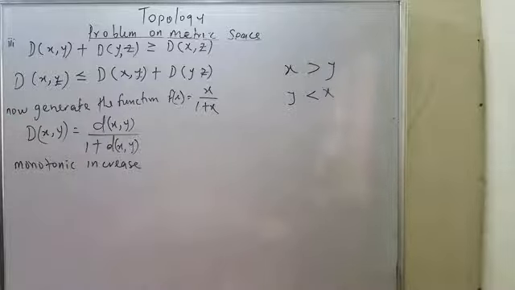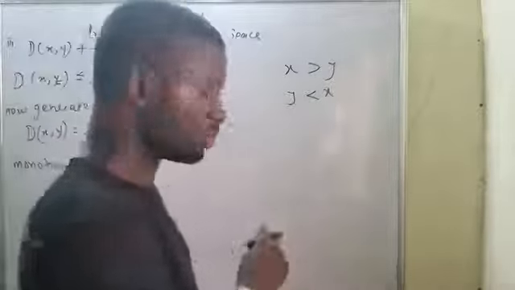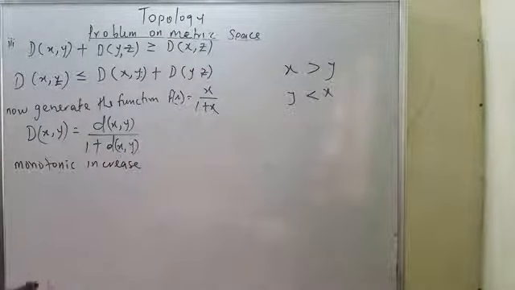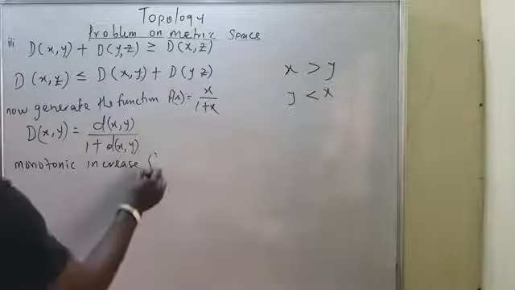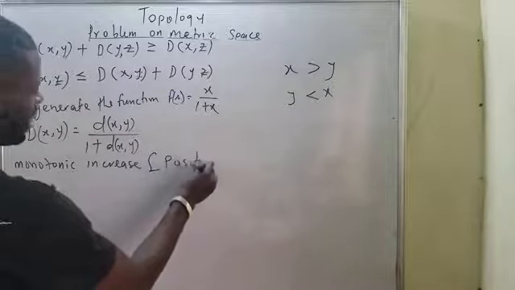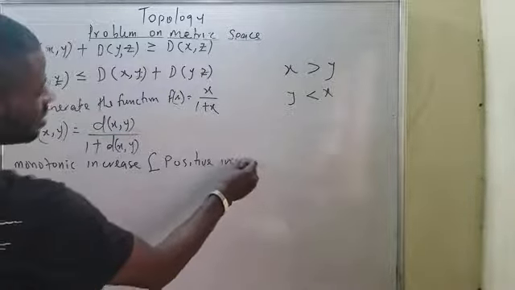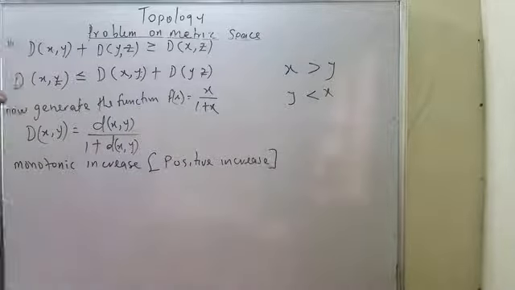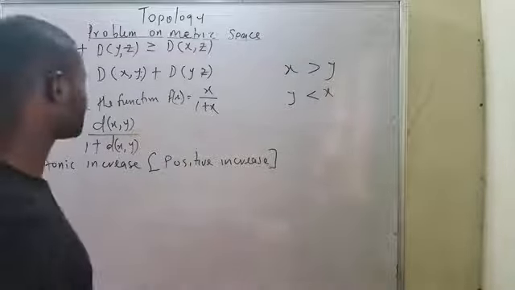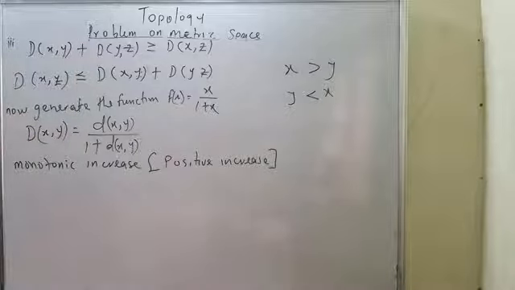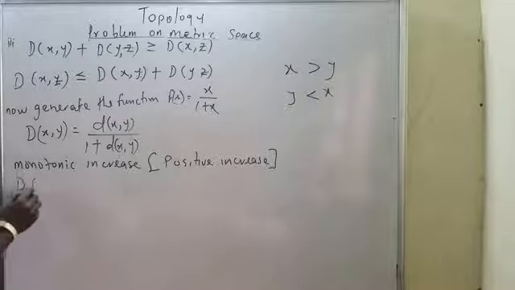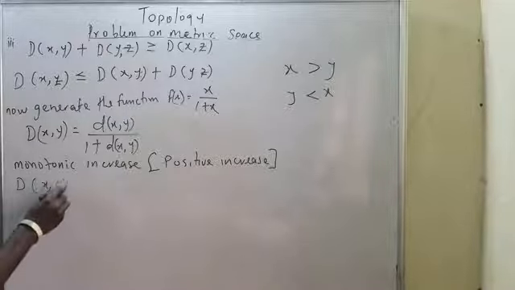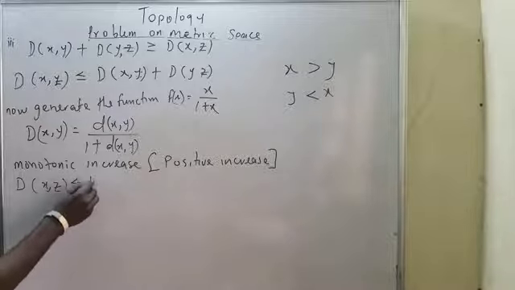Okay, I've done something on monotonic increase in our video. You can check on real analysis. Every monotonic, which is positive, also means positive. Sorry, for those that are still learners, positive increase. At this point, I'm not expecting learners to be here because this is advanced mathematics, which is known as positive increase. Okay, it also means my d of xz will be less than or equal to d of xy